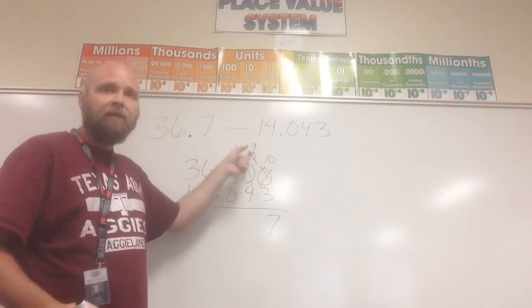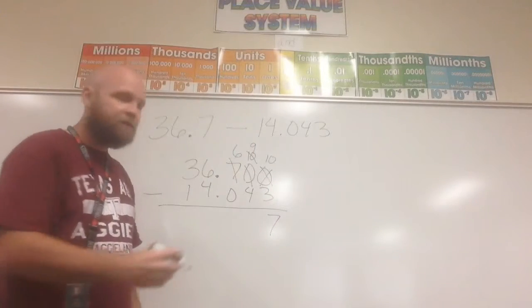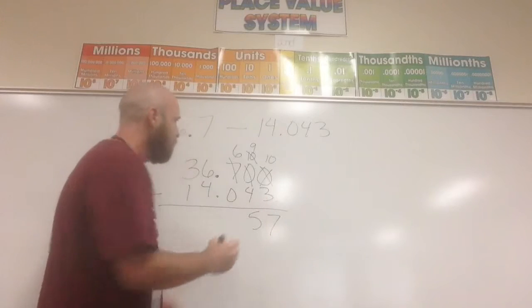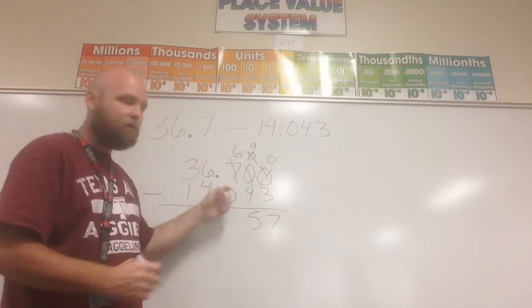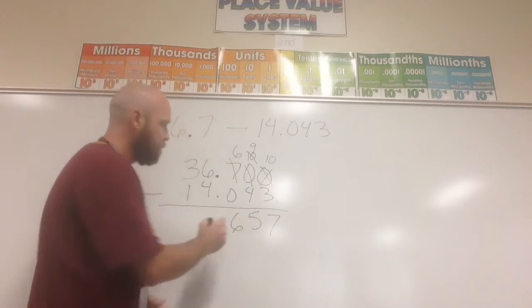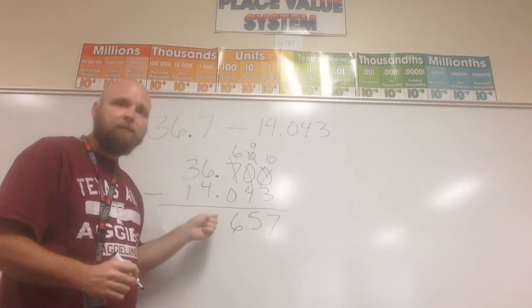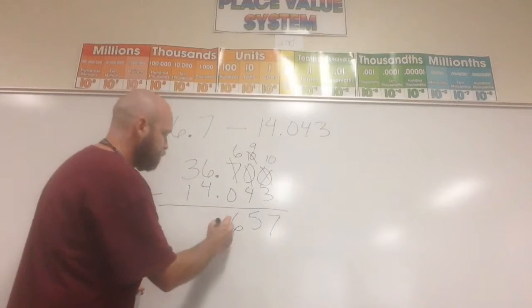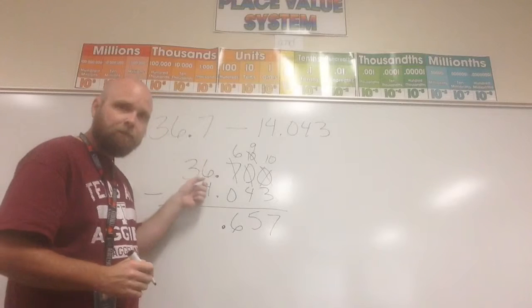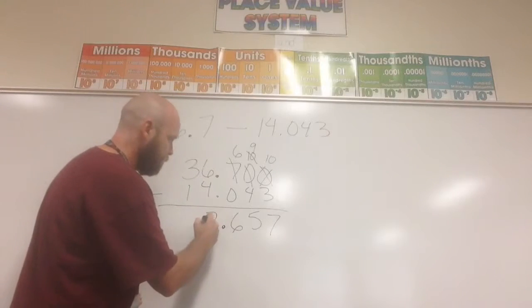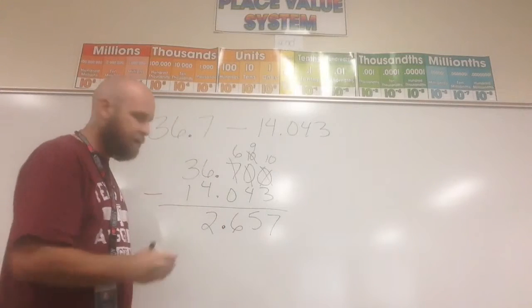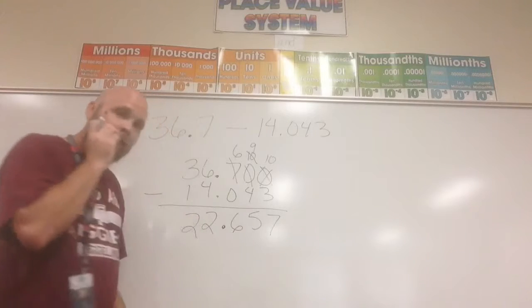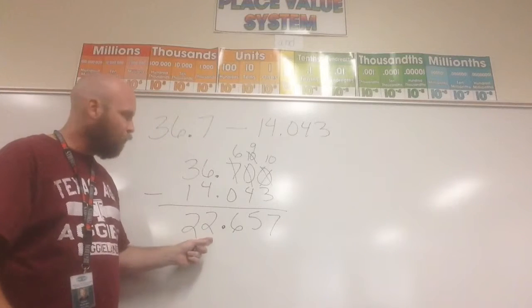We have 9 subtract 4, which is 5. We have 6 subtract 0, which is 6. Our decimal point always comes straight down. 6 subtract 4 is 2. And 3 subtract 1 is 2. So our answer is 22 and